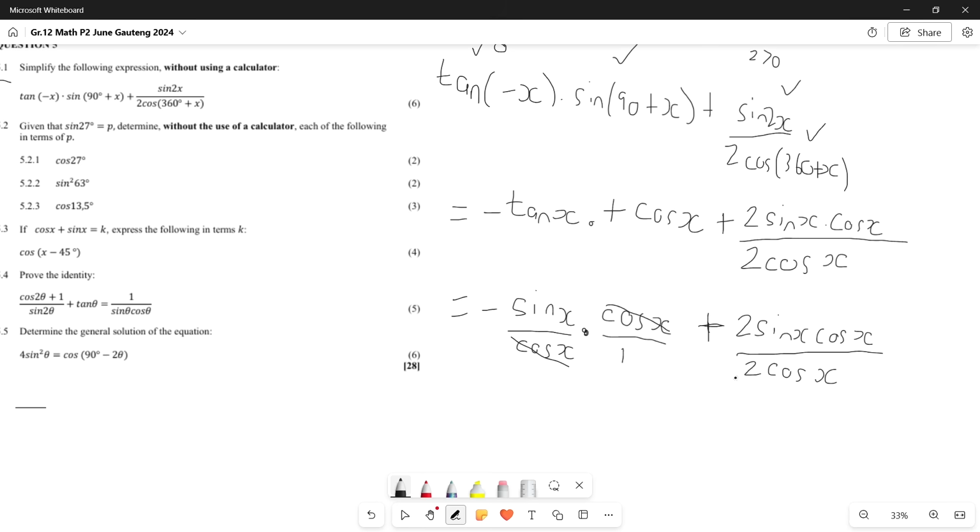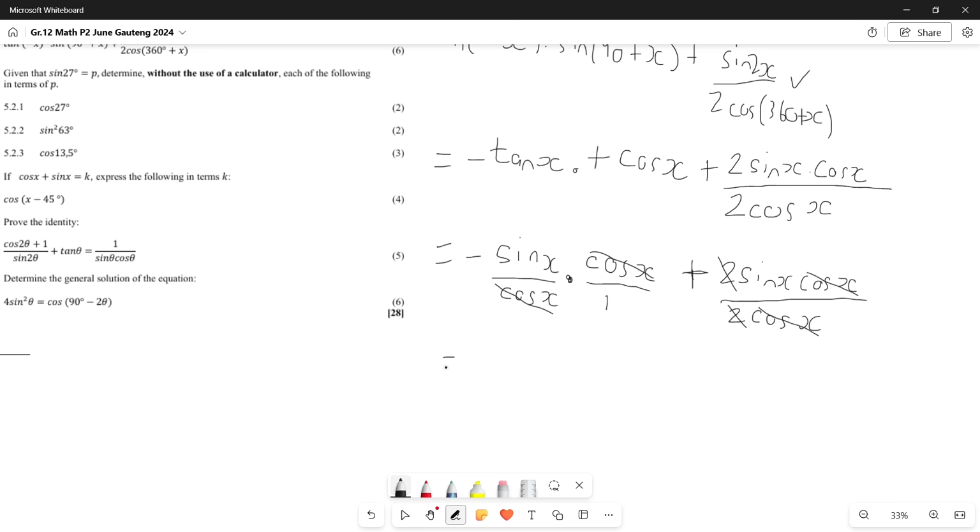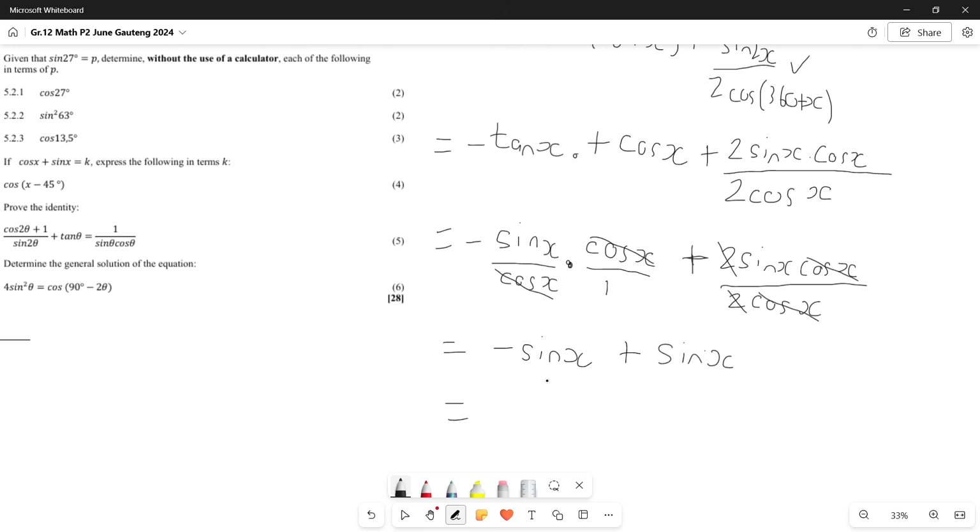1 over here will also remain. And then what we have on this side of our plus, because we can never cancel cross any pluses, only if things are directly multiplying each other, is we can cancel this cos x over here and this cos x over here and this 2 over here and this 2 over there, which means all that remains is a negative sine x from this left side of our plus sign and a positive sine x on the right side of our plus sign, which means negative sine x plus sine x is 0 over there, and that is our final